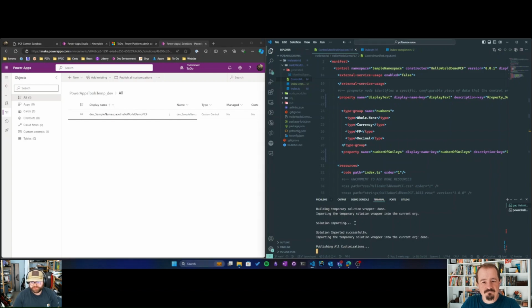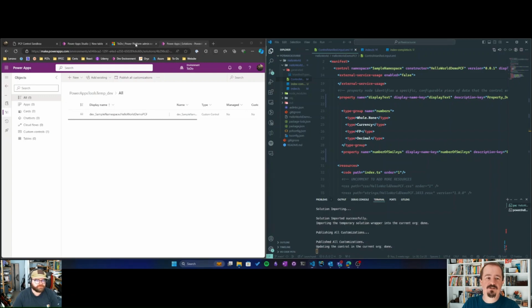It's currently publishing all customizations, but it should be done momentarily. While that's publishing, let's talk about a little dependency here. We're going to add this PCF into a Canvas app. Before you add any PCFs into a Canvas app in any given environment, you need to make sure that you've